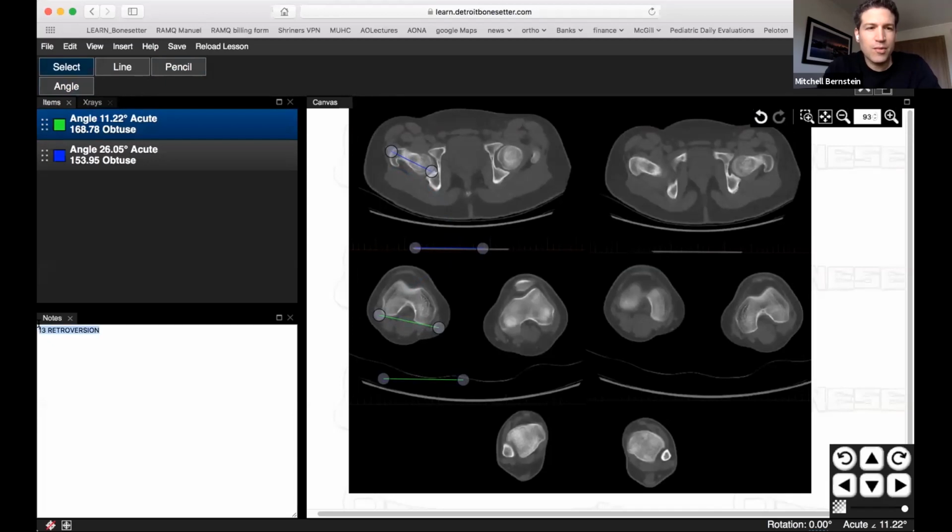So at the femur, it's 11 degrees internally rotated. At the knee, it's 26 internally rotated, and you're going to minus them because I'm going to have to take the femoral condyles and make them flat. So I'd have to externally rotate